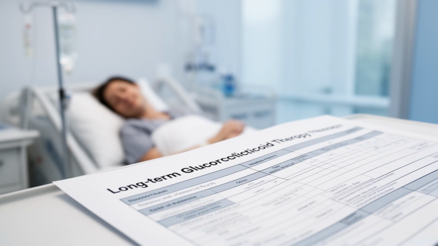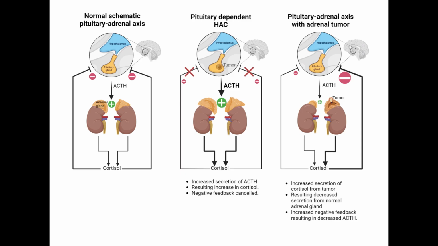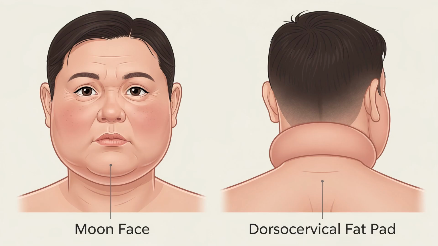The most common cause is iatrogenic, resulting from long-term, high-dose glucocorticoid therapy for other conditions. Endogenous causes include pituitary tumors secreting excess ACTH, known as Cushing's disease, or tumors within the adrenal glands themselves. Clinical manifestations are striking. Excess cortisol leads to fat redistribution, causing the classic rounded moon face and a buffalo hump